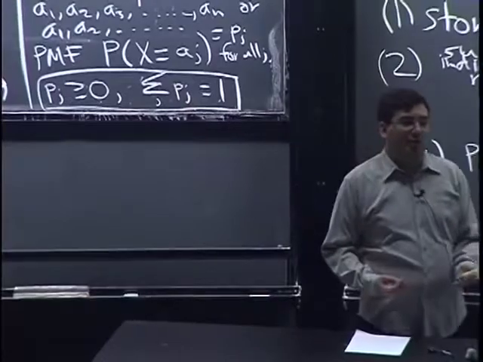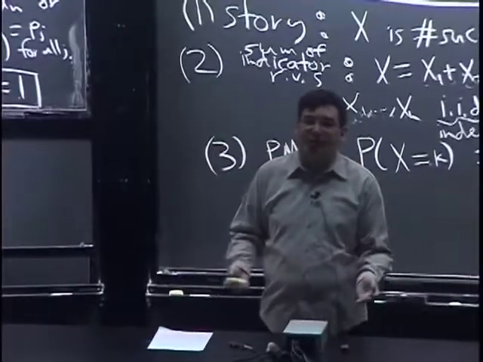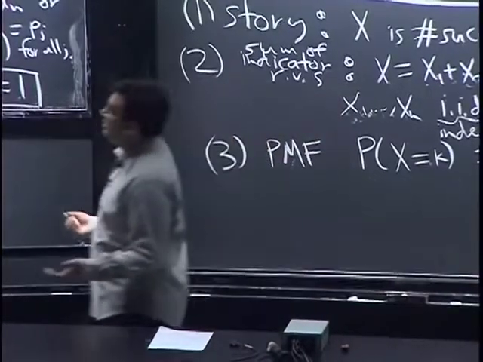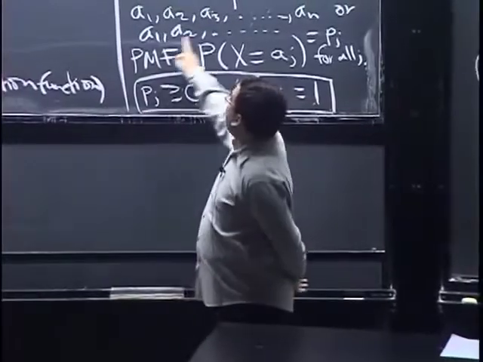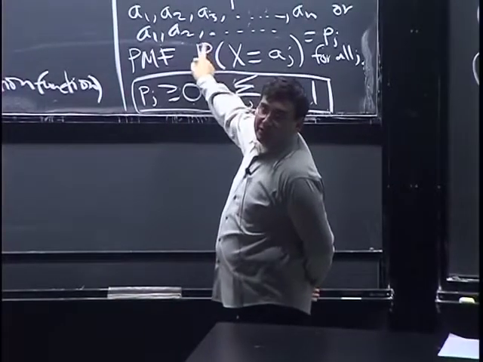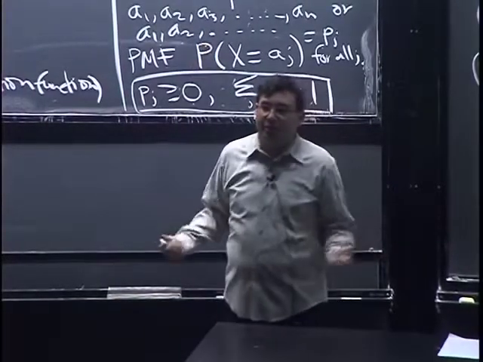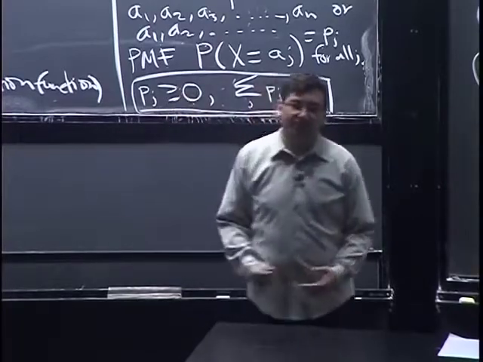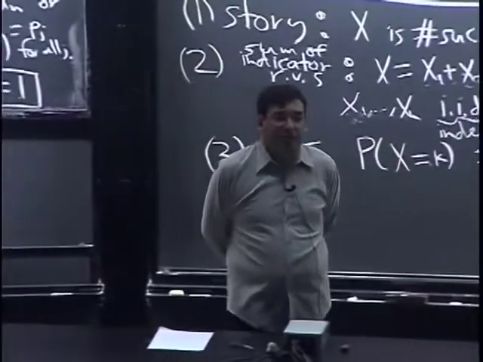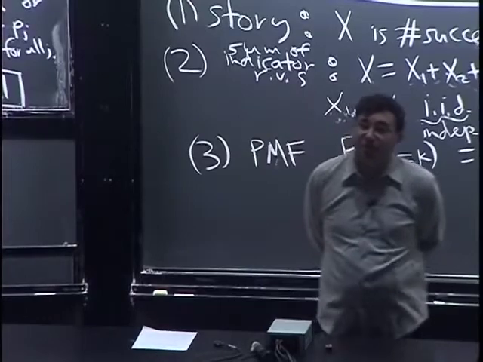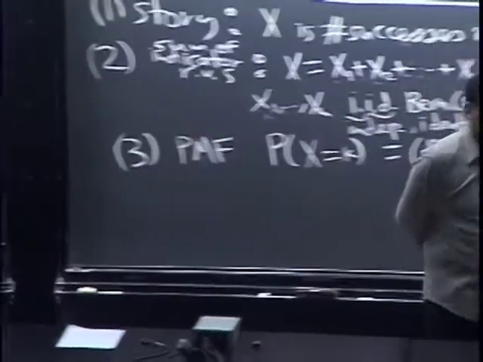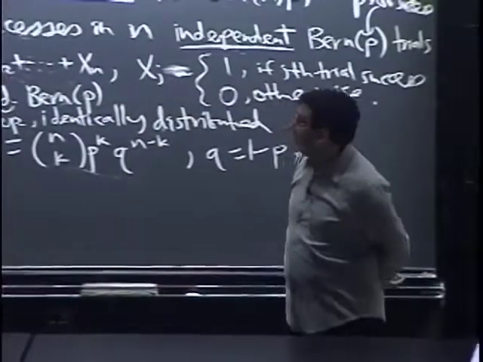So if you had a problem where I said, find the distribution, what that means is either give the CDF or, if it's discrete, give the PMF. Either way. Usually the PMF is going to be easier. But those are equally valid ways to describe the distribution. Okay. So coming back to the binomial,